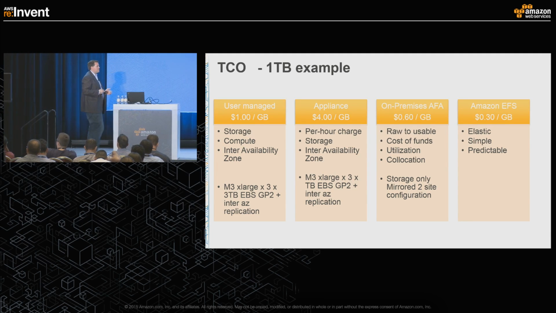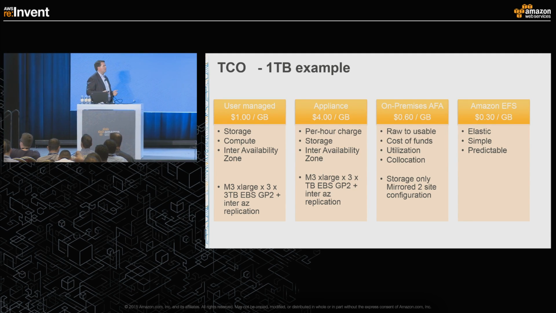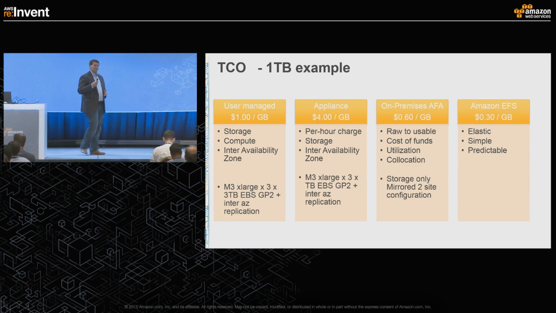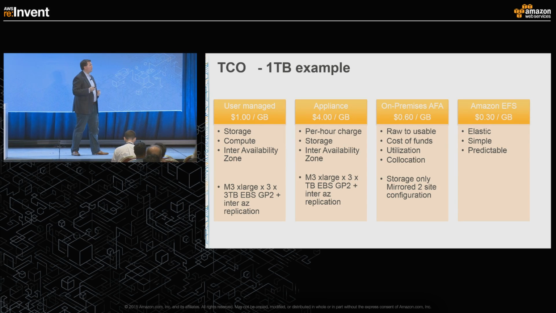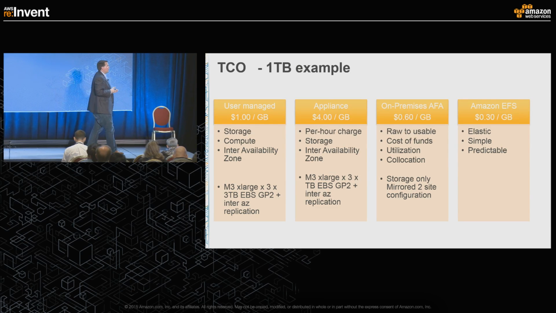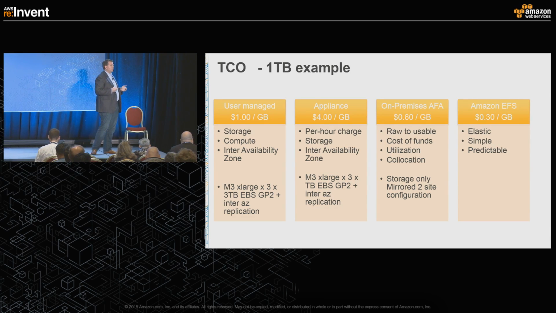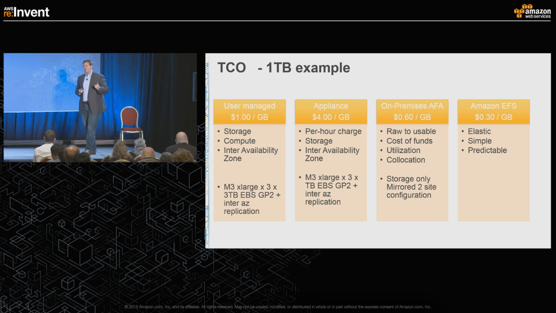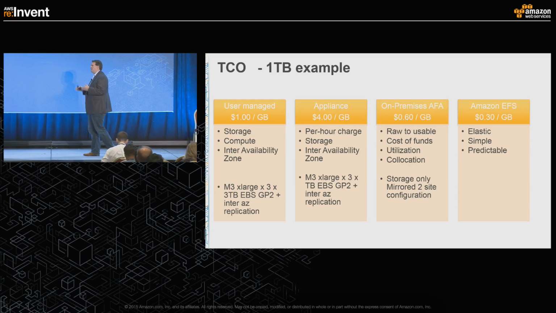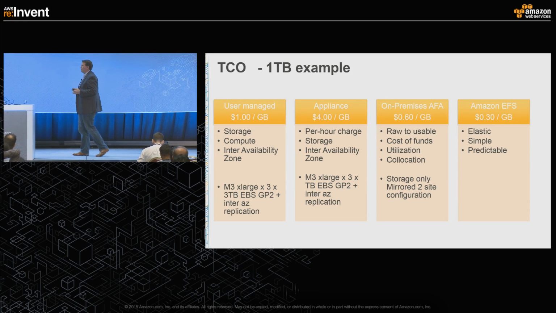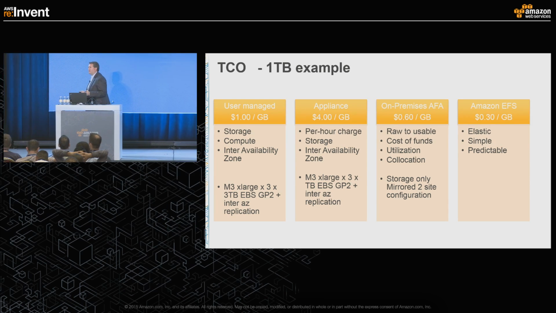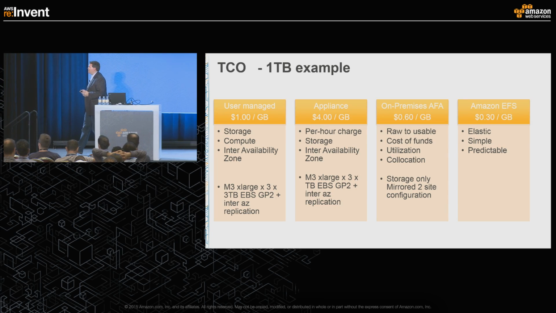And then you have the ability to run this inside of your classic data center if you're still in the data center business. And you'll hear many different customers this week talking about retiring their data centers because of the significant property and plant expenses associated with it. You'll notice that an on-premises all-flash array configuration, when you think about raw to usable, that is, including for data protection, the cost of funds that are associated with buying it, utilization and co-location, and this is only in a 2-site mirrored configuration. You'll see these configurations roughly 60 cents a month per gigabyte, rough and tough, depending upon the discounting levels you'll see from your vendors.